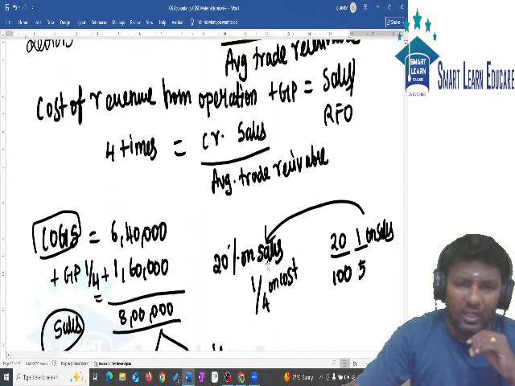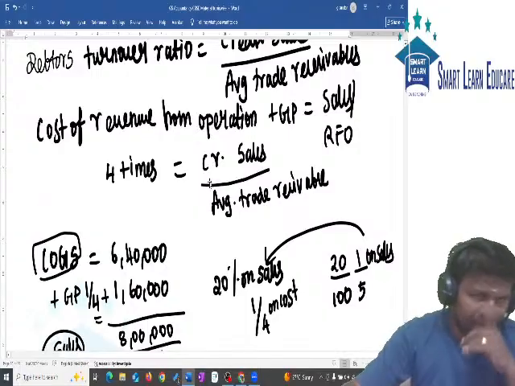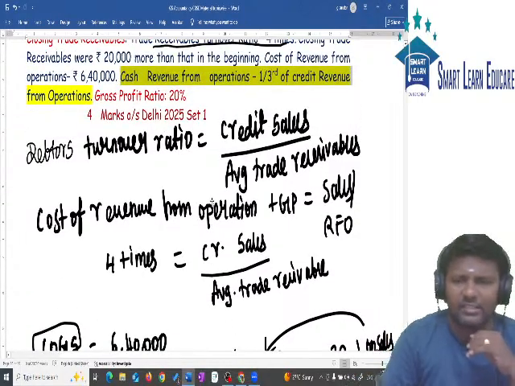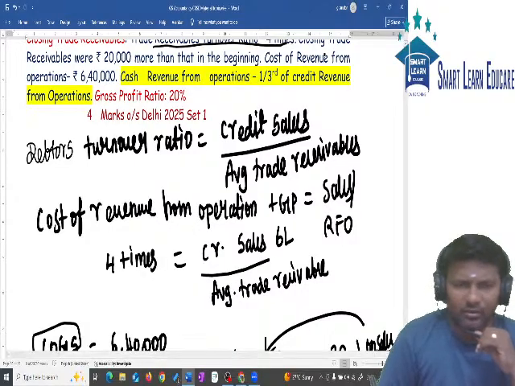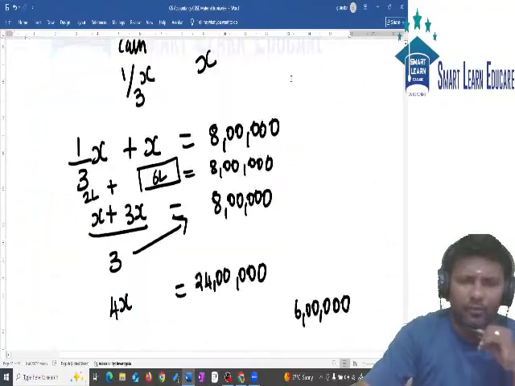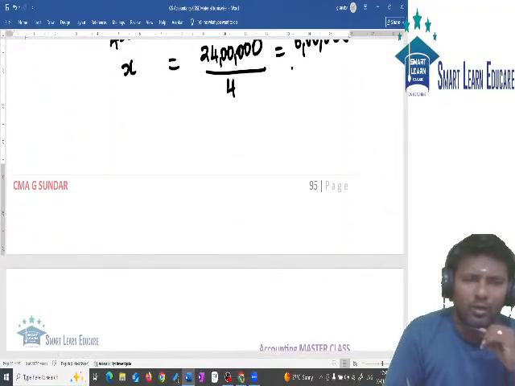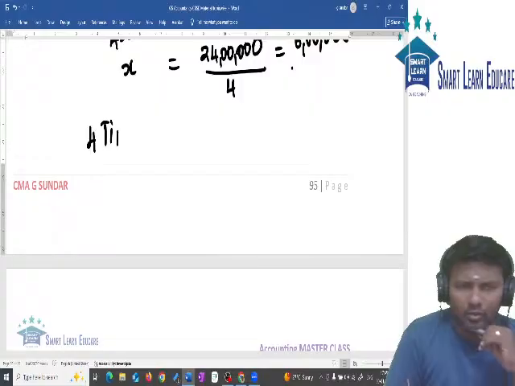But what is required? We require credit sale. So credit sale, what is the number for credit sale? It is 6 lakh. Okay, so substitute the number. 4 times is equal to, which is given, debtors turnover ratio is equal to credit sale 6 lakh